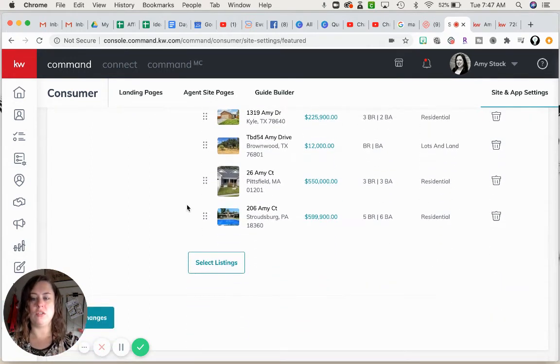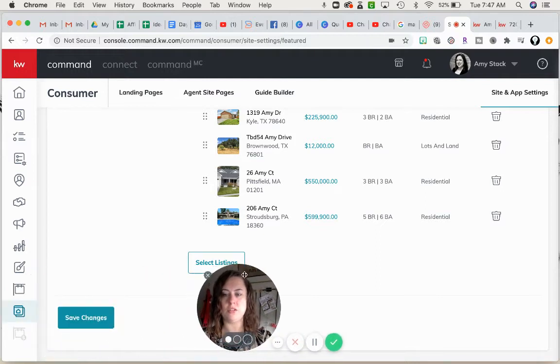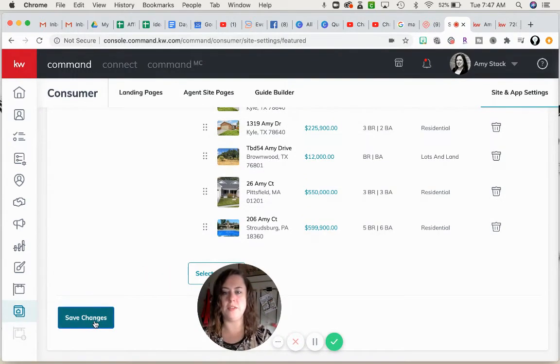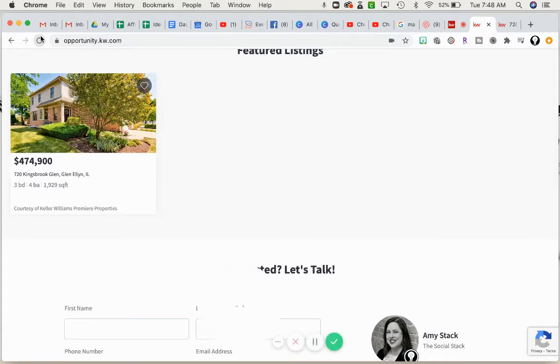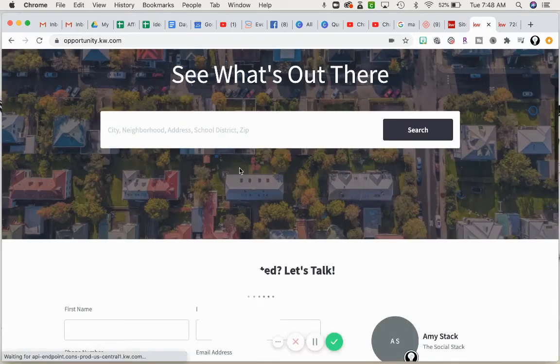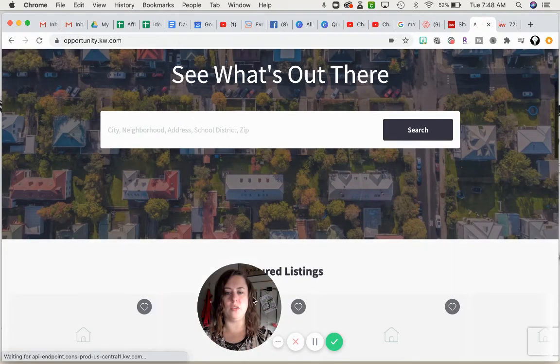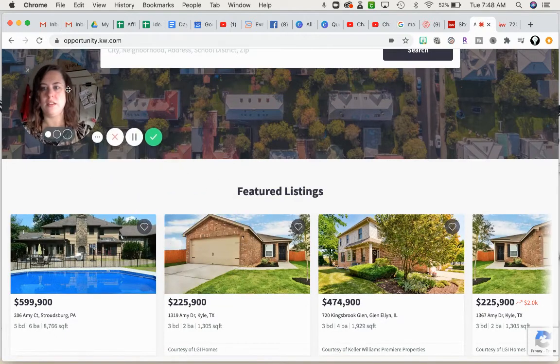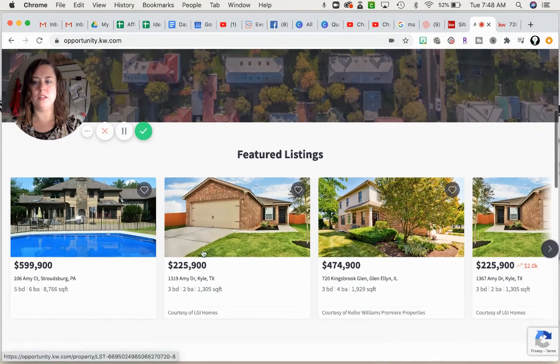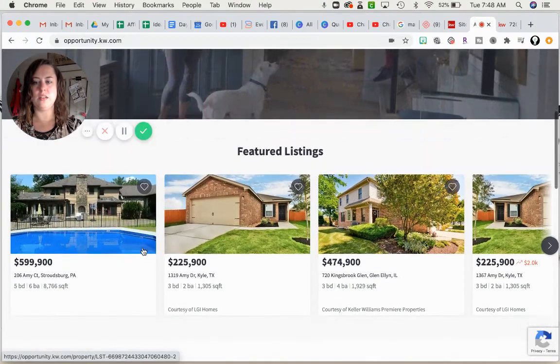And then make sure you scroll all the way down. Let me move my little picture over here and hit this Save Changes button. Once we hit Save Changes, you can see we got the little alert at the top that everything was saved. So I'm going to go back to the website there. We'll hit refresh. And we should see that title, the headline change, as well as more listings. Move this up here. Oops. So we can see below. So now we can see